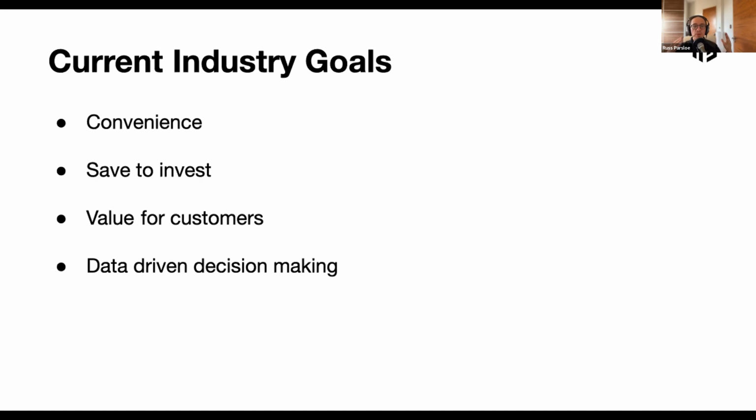So again, people are becoming much more conscientious in terms of their spending. There isn't quite as much disposable income as there was. So people are really thinking about, well, do I really need to buy this? Do I really want this? So one of the things that retailers are always very focused on is how can they provide value to their customers. The more value that they can provide to the customers, the more likely it is that customer is actually going to spend the revenue with that particular retailer as well.